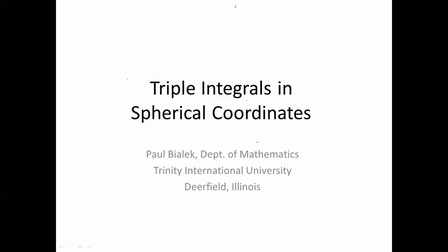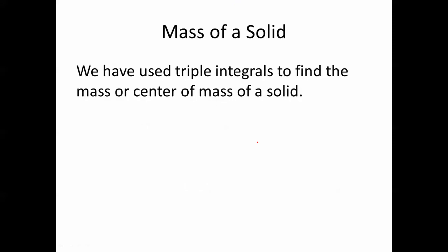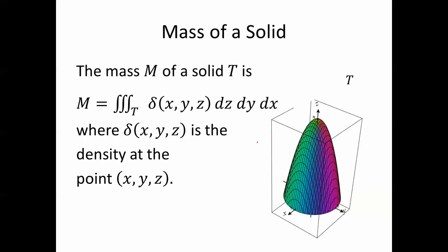Let's look at triple integrals in spherical coordinates. We've used triple integrals to find the mass or center of mass of a solid. Mass m of a solid T, here's a cool example of what could be a solid T, is the triple integral over T of delta of xyz dz dy dx, where delta of xyz is the density of the solid